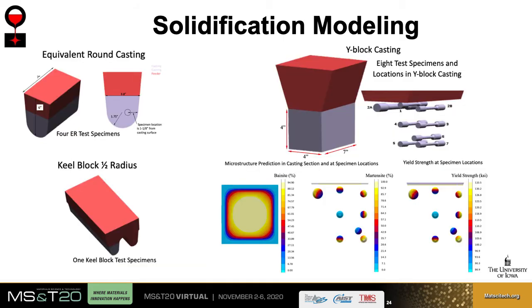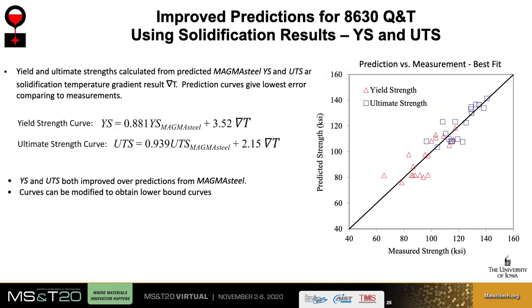So this slide just shows some examples of castings that we are cutting up and taking specimens from. Here's another example of a test coupon that we cut up and took tensile specimens from. This is a 4-inch Y block, which is used to qualify thicker castings. The picture on the top right shows the tensile specimens that we sectioned from this Y block. Using casting simulation software, we calculated solidification parameters for these tensile specimens, and the plots on the bottom right show the predicted phase fraction of bainite and martensite for these specimens.